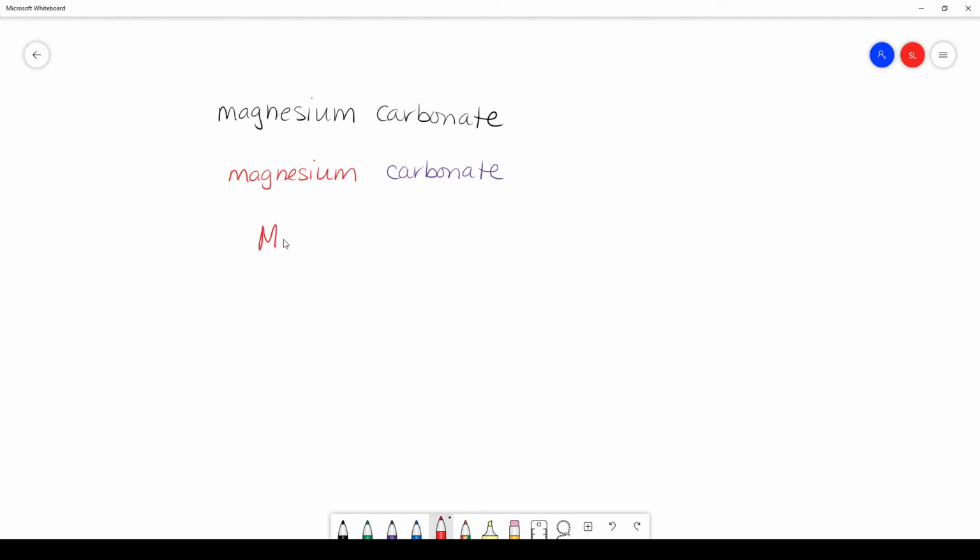Magnesium has the symbol Mg. We don't see a Roman numeral here, so that tells us this must be one of the fixed charges. So we go through our list: Group 1A, 2A, 3A, cadmium, zinc. Magnesium is in group 2A, so it has a charge of 2+. Carbonate is a polyatomic ion, and we know now that we just need to know them. And it has the chemical formula CO3 with a charge of 2-.